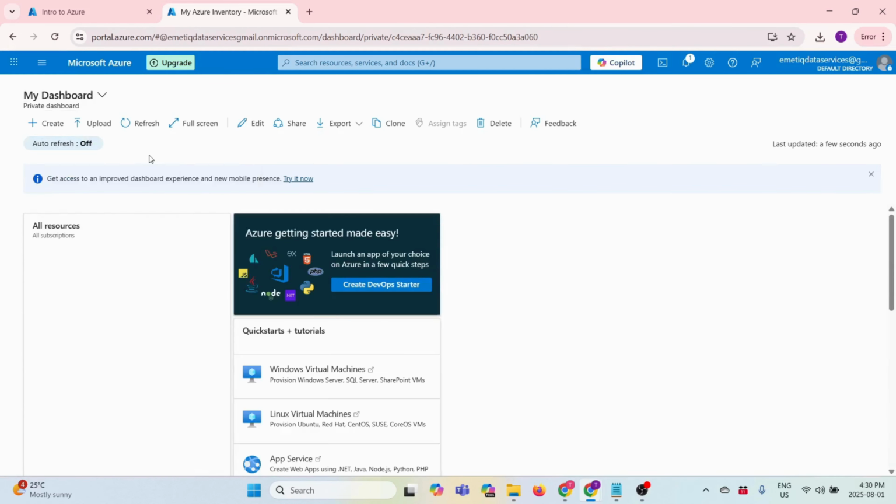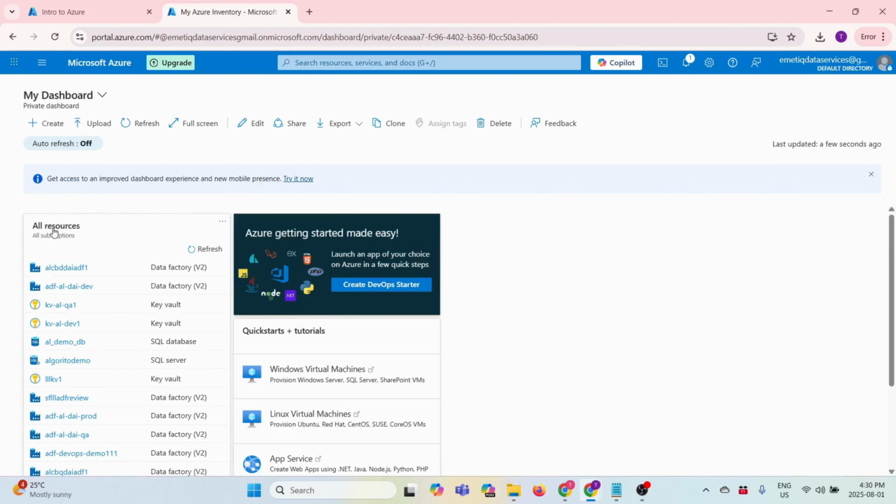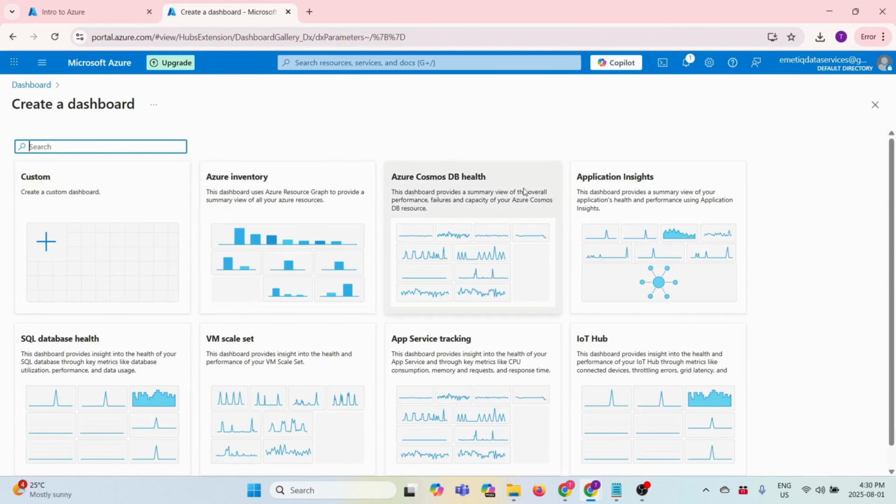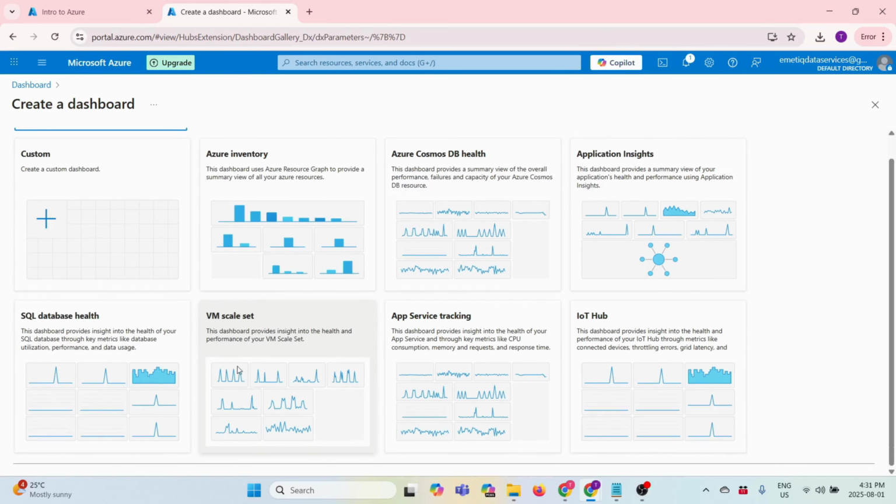If you go here, you can look at all the resources available in this account. You can create new dashboards as well, any kind of dashboard. Azure Inventory is the one that I just showed you. Then SQL database health, if there are performance issues, you can monitor by looking at that dashboard. Virtual machine again, if you have virtual machine instances, you can monitor. So yeah,